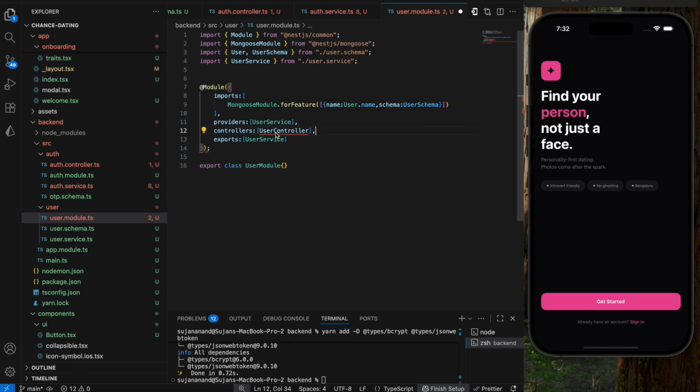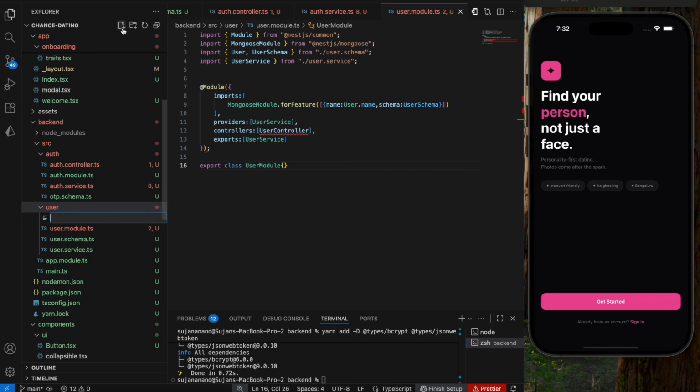So once we have written this code, that is for user controller, we can come ahead and then we can import this. So let's save the file. So yeah, this part is done. So once that's done, let's go ahead and then write the user controller as well. It's pretty simple, and then we can move on to the auth part. So here I'm going to save within the user controller.ts,